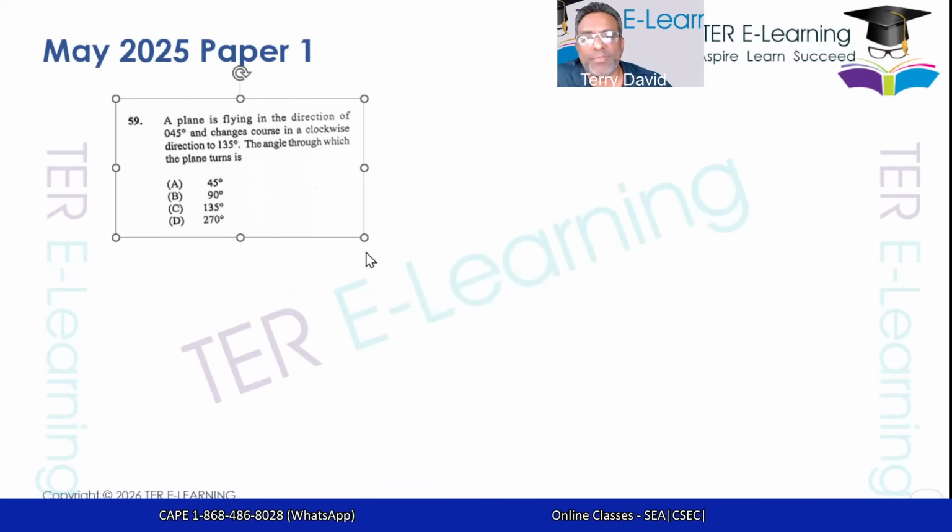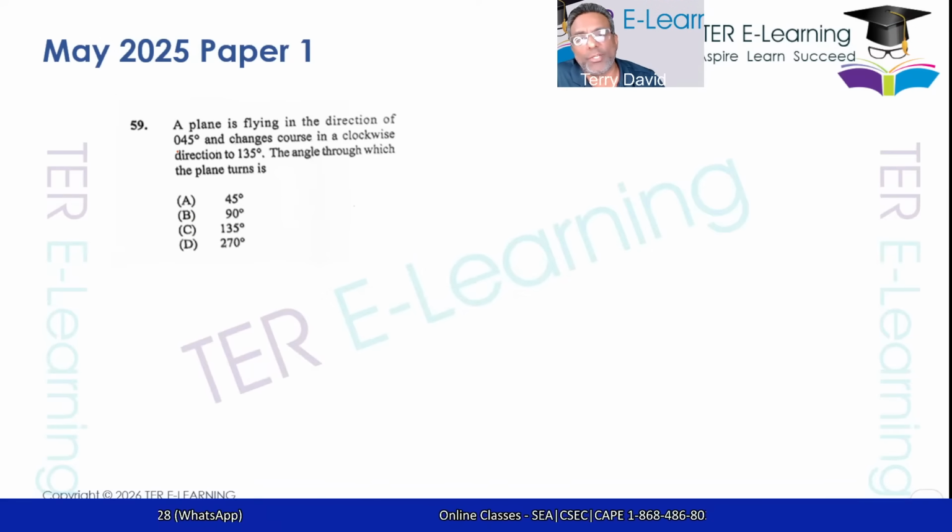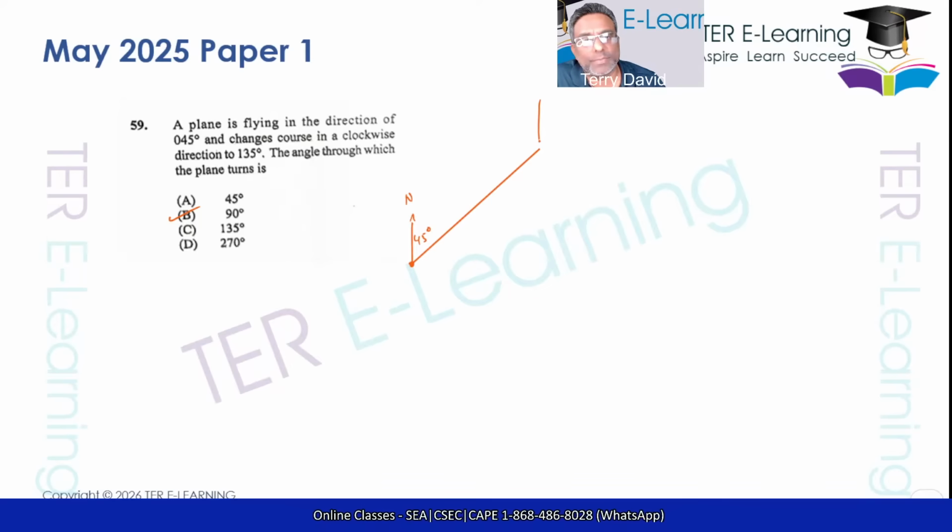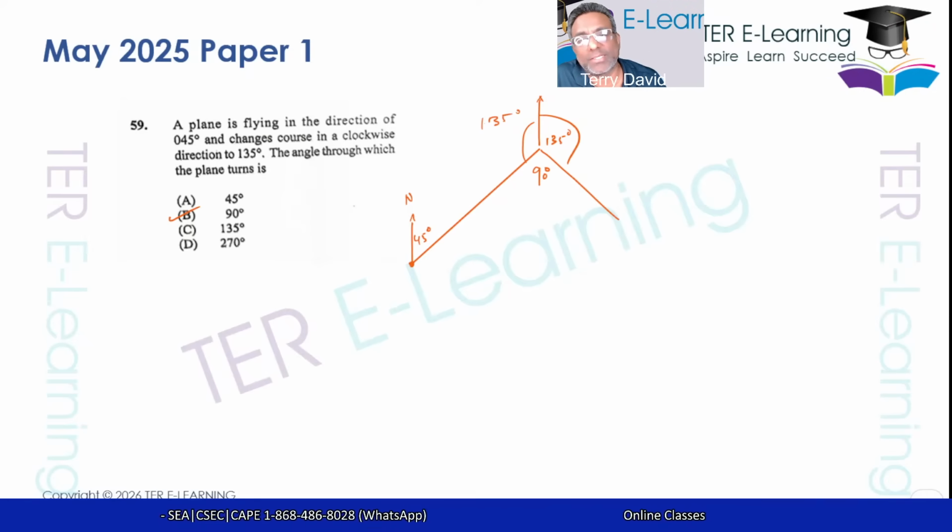Right, question 59, we've also seen this one before. I can tell you off the bat the answer is going to be 90. So basically we have a plane that is traveling 45 degrees this way. So this is 45, that's the bearing there. And then it changes direction on a bearing of 135. So 135 is coming this way. What we can do is work out this angle here, which is 180 minus 45. That's 135. And when you work this out, you'll get 90. So the answer is